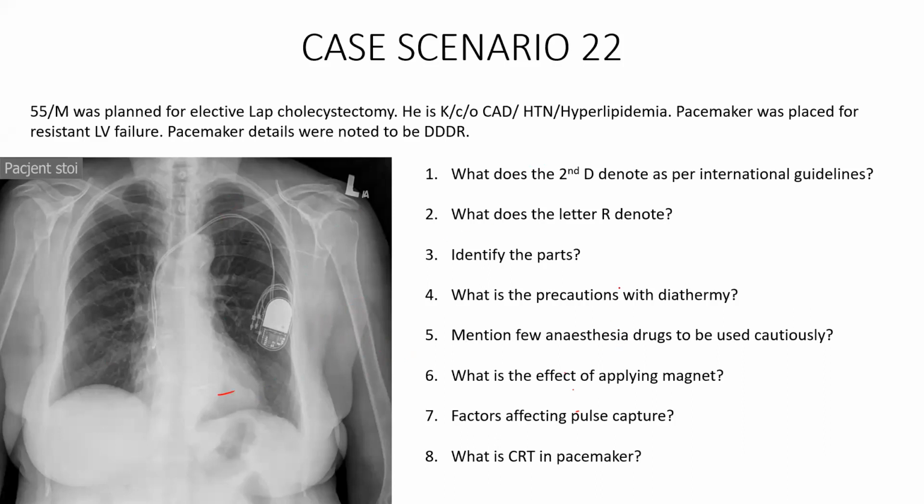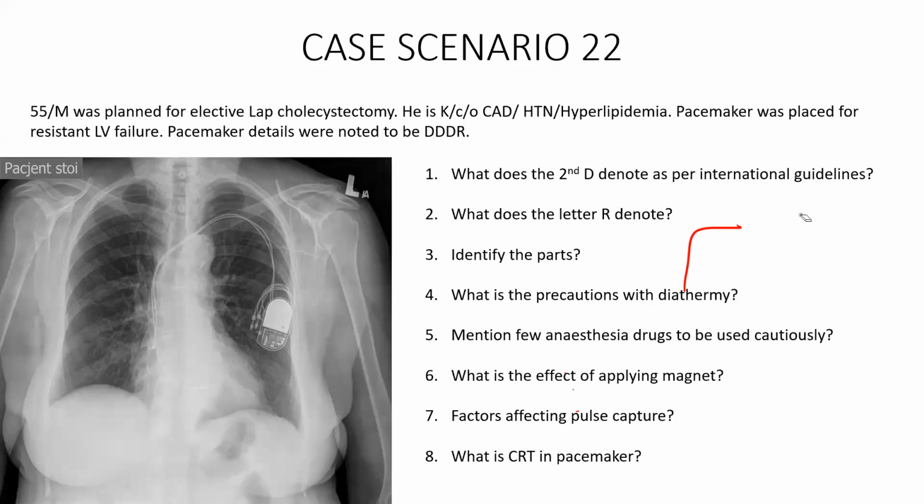Good. What are the precautions in using diathermy in a patient with a pacemaker? It can change the mode. Okay, what types of diathermy are there? What are the important problems of using diathermy? Monopolar and bipolar. In bipolar, it is a short circuit, so it starts and ends at a very narrow point. When using monopolar, it passes through the whole body to the earth plate we have placed on the patient. Okay. Do you think we cannot use monopolar?